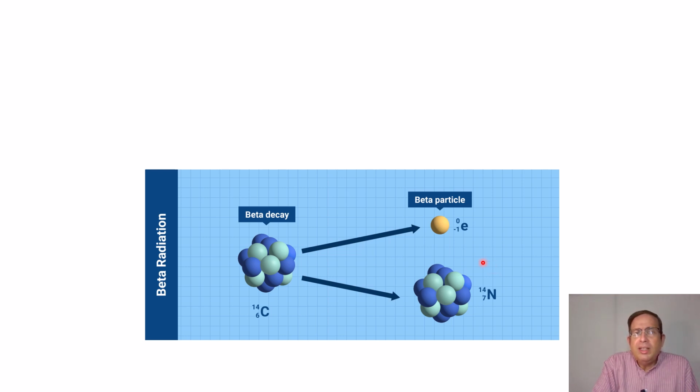We will discuss what the other types of radiation are that come out along with the beta particle in the later sections. But for now, what is actually happening is that a